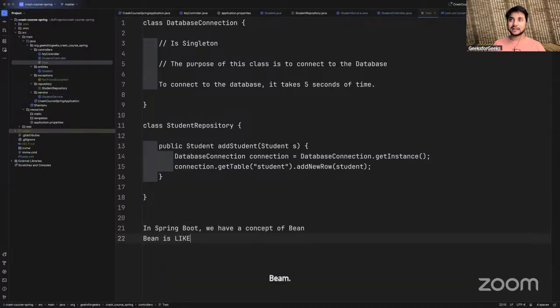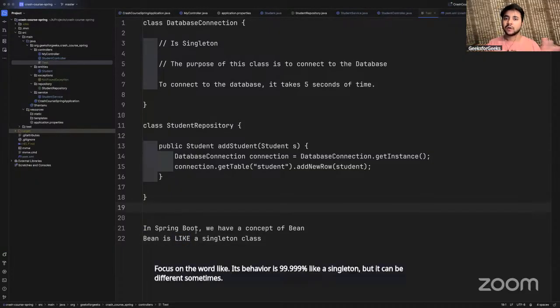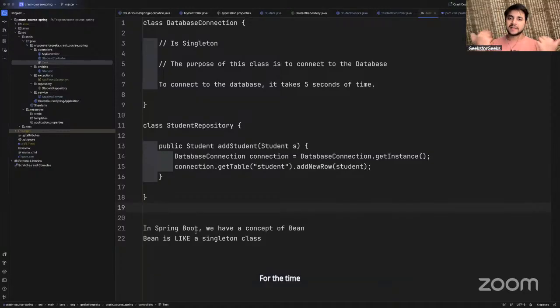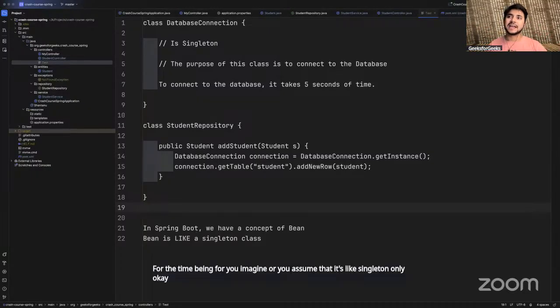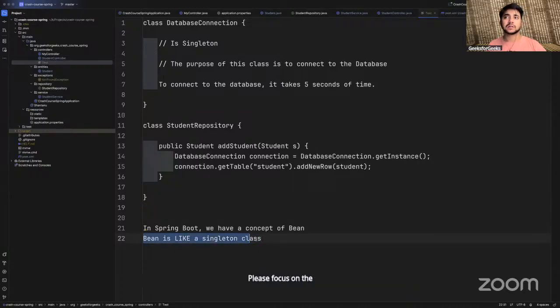Bean is like a singleton class. Focus on the word like. Its behavior is 99.999% like a singleton, but it can be different sometimes. For the time being, assume that it's like singleton only. Please focus on this sentence that bean is like a singleton class.